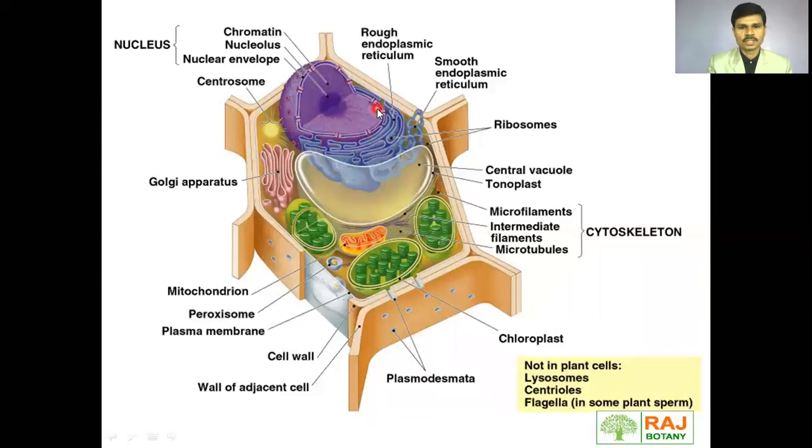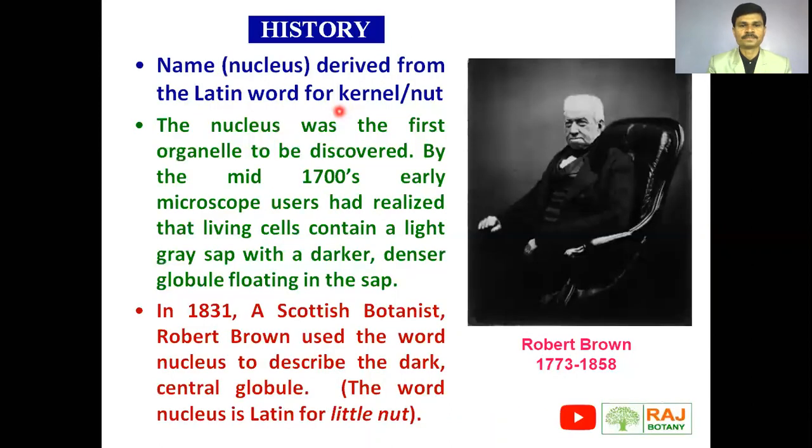Deliberately I have put this first slide. From this we can exactly locate the position of the nucleus inside the plant cell. It is in the vicinity of the endoplasmic reticulum, at one side of the cell, and at the central position of the cell the vacuole is present. So here is our nucleus on which we have to focus.